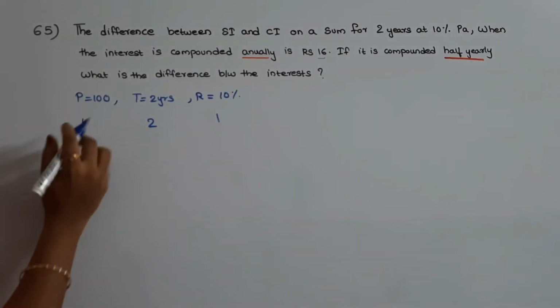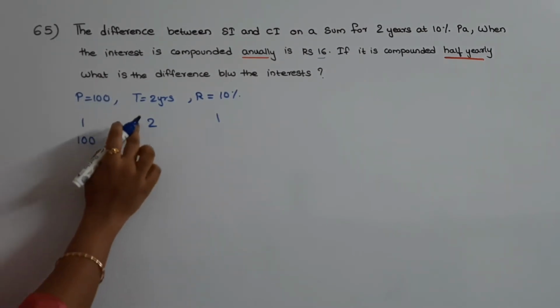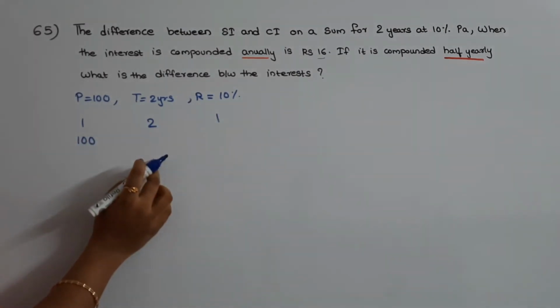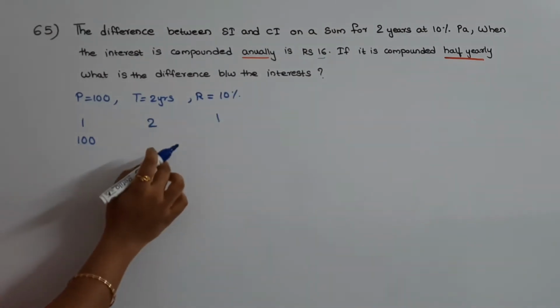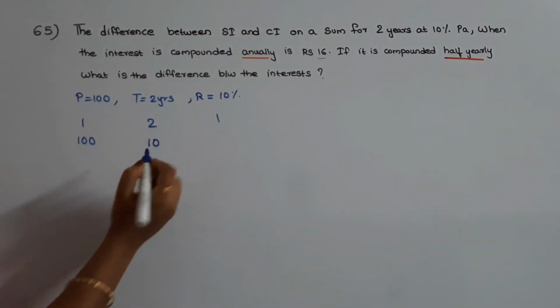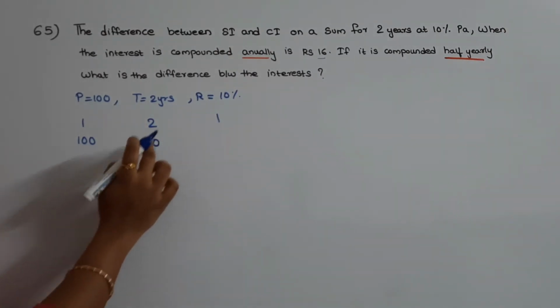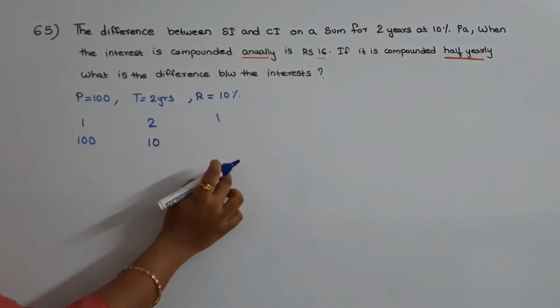Below this one we need to write the principal. So principal we took as 100. Below this 2, this 100 into rate by 100. 100 into 10 by 100 is equal to 10. Below this one we need to write this 10 into r by 100, that is this 10 into 10 by 100, that will be equal